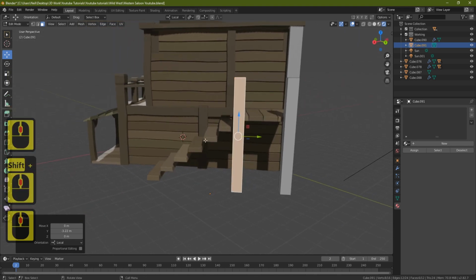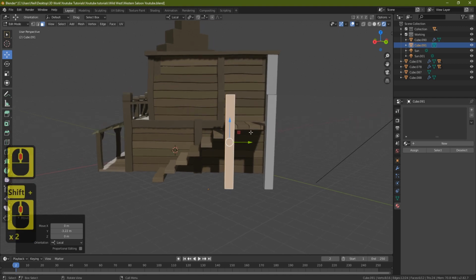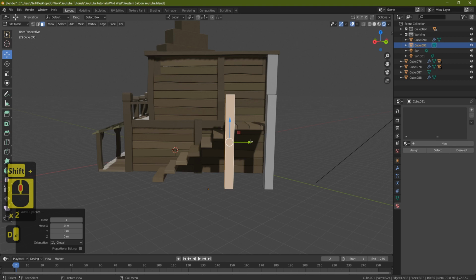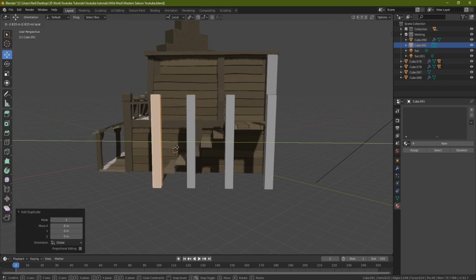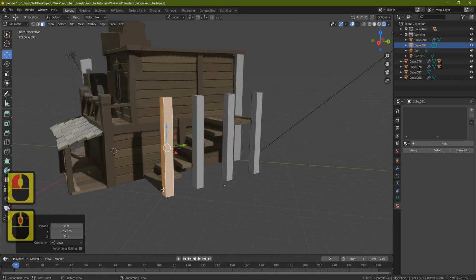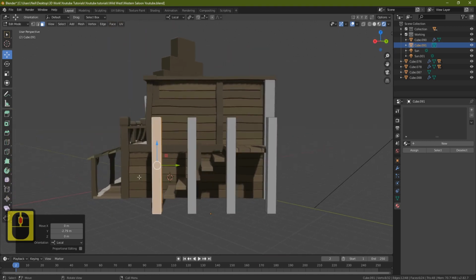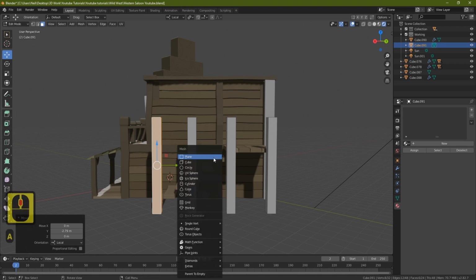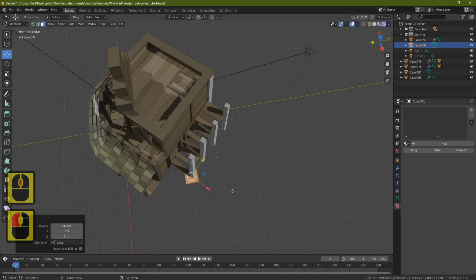Now I always test my steps and my posts, and I do that a certain way. So what I tend to do is I'll press Shift D, bring in the next post around halfway, Shift D, and the last post, which will be on here. And I always tend to leave this little bit at the front where the post is. And now all I need to do is just measure an angle that's perfectly from here to here, that's basically following the steps. And how I do that is I'll just bring in a plane and I'll pull it over,